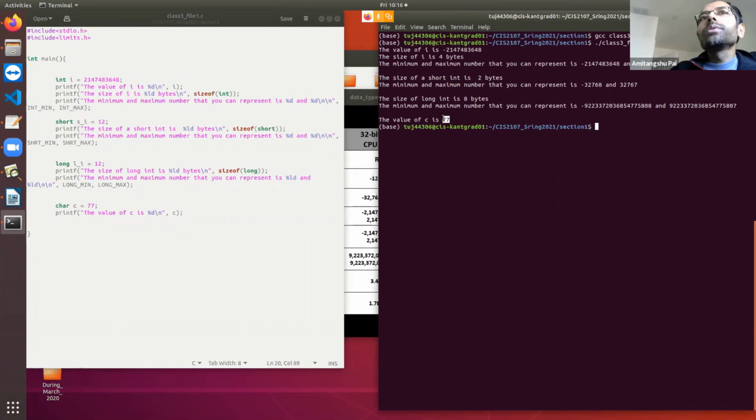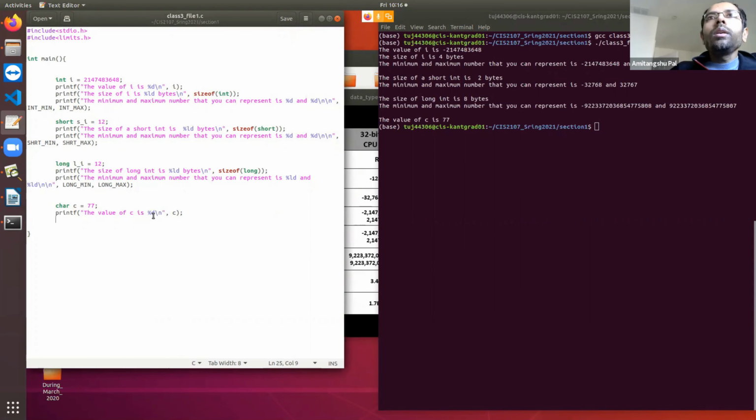So using character also, you can represent an integer. All right. But if, instead of %d, you write %c, it will print a character.